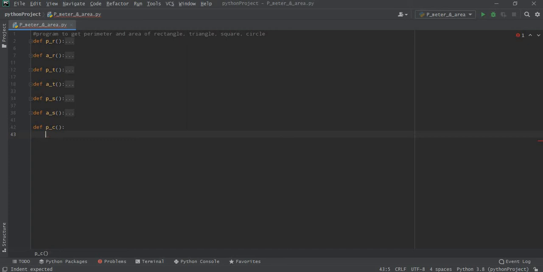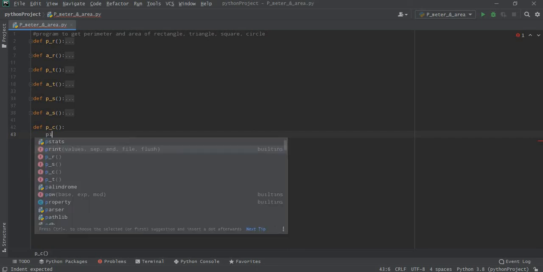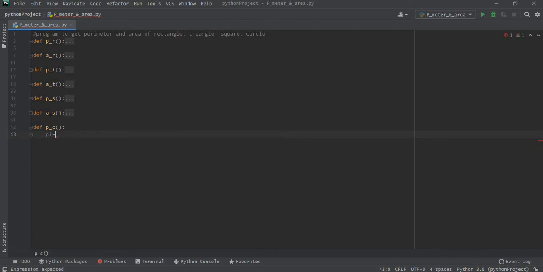Any of these things you can use. I'm going to use it for my convenience to make the code clearer and easier. I would just simply define the value of pi. So pi equals 3.14,